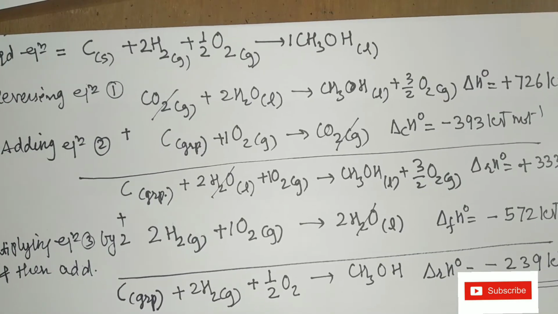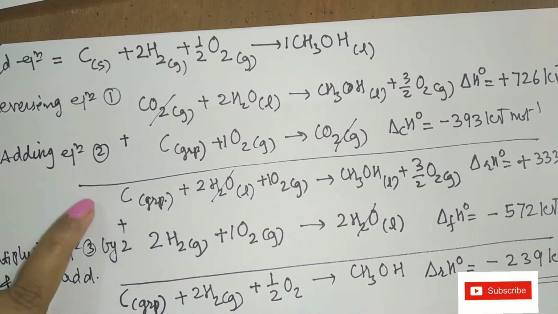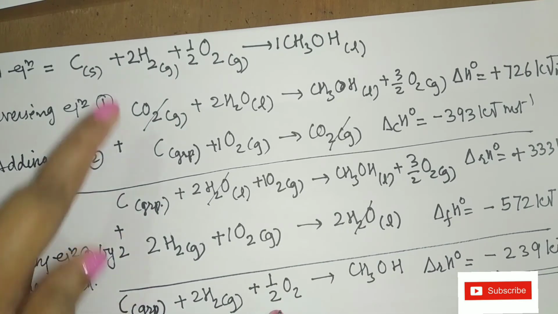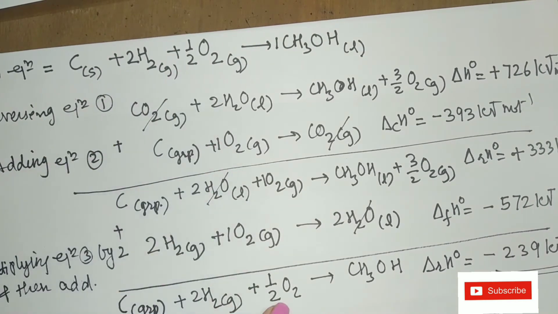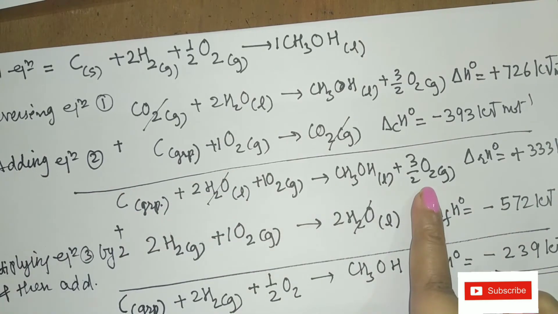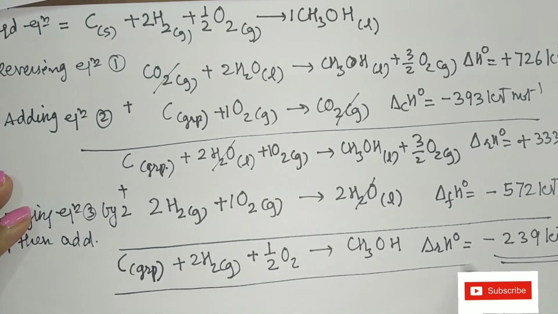If you see the equation here, you have reached the final equation in this way. Right, students? This is carbon. I got hydrogen 2 moles. I got half mole of oxygen. Students, this is 1 and 1. This is 2 and this is 1.5. So simply I have written here 0.5 of oxygen or half oxygen. So this is how I have reached the required equation.